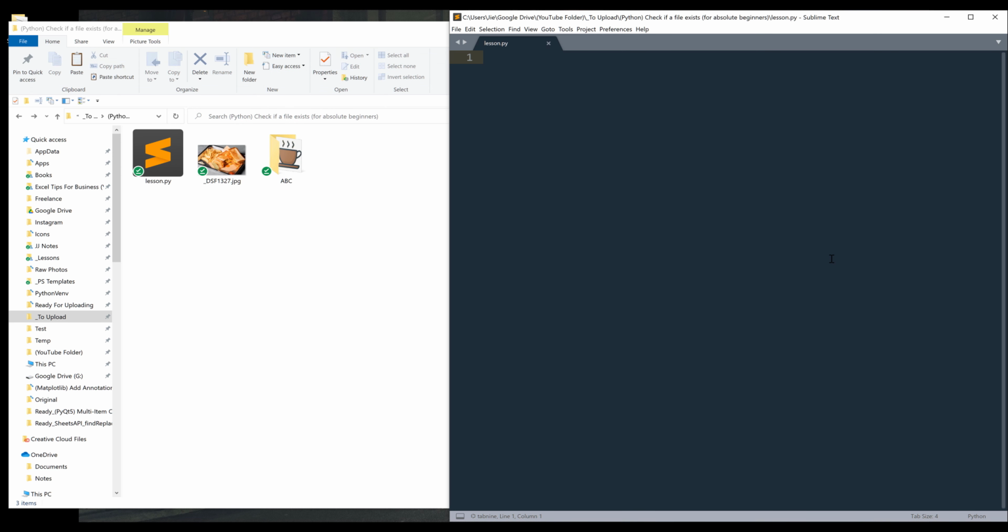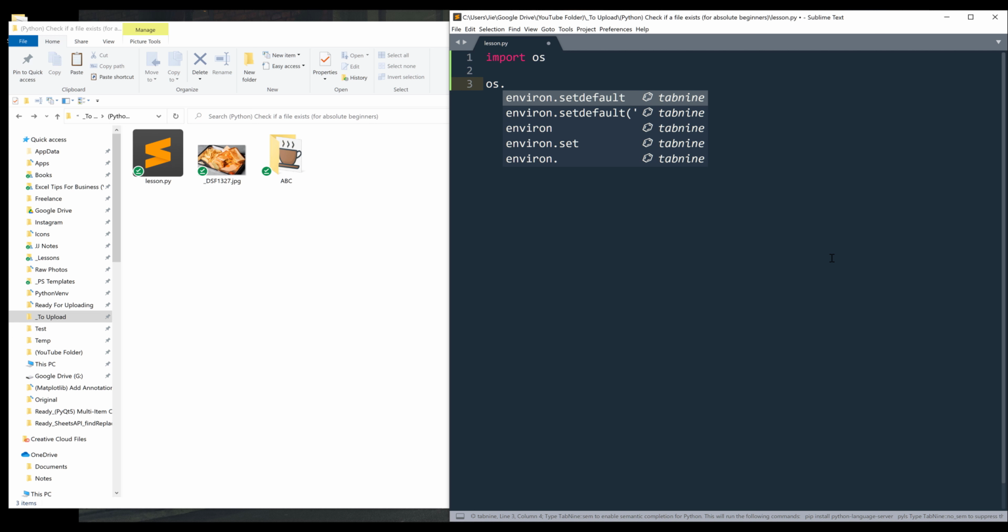Alright, so this is a question I get pretty often. How do you check if a file exists on your computer? So here in my Python script, I'm going to import the OS module. And from the OS module, there's a method called os.path.exists. If you want to check whether or not a file exists on your PC, you want to grab